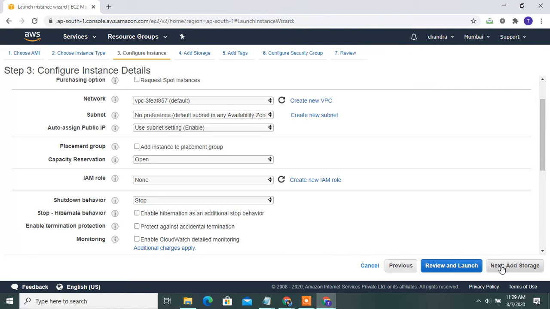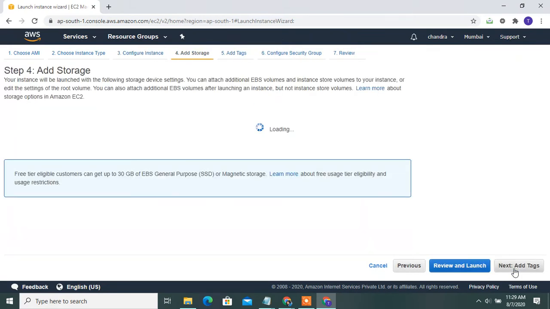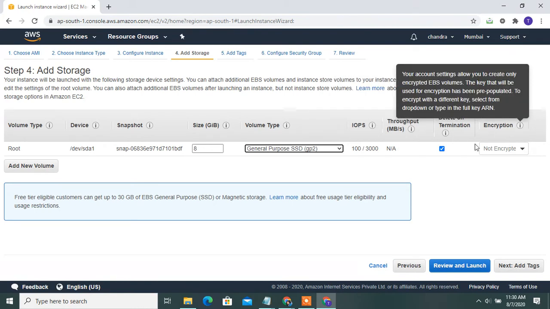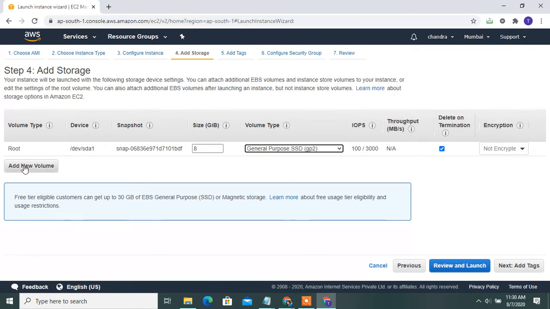Okay, next, the section below is add storage, step 4. These are so important: volume type, device, snapshot, size in GB, and volume type also. For the volume type I will choose general purpose for the EC2 instance, and then add new volumes.